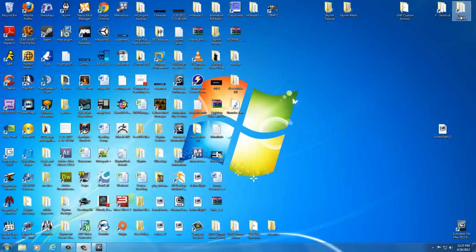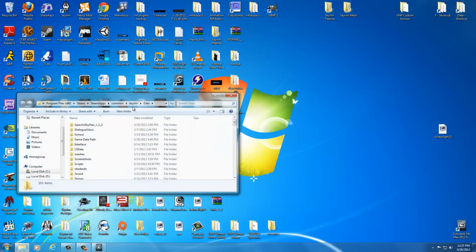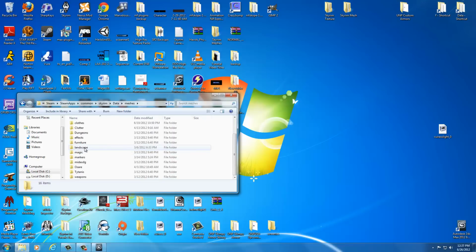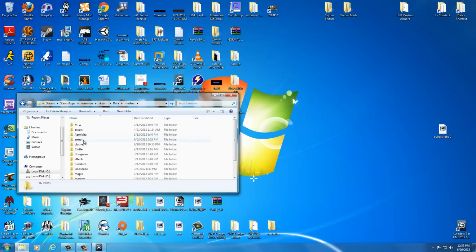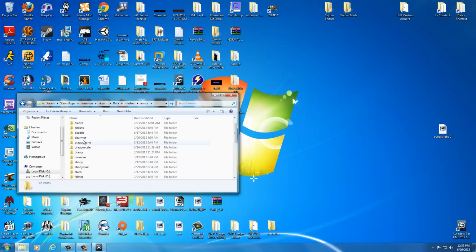So in order to get that set up, the first thing we want to do is, in our data shortcut that we created in a previous tutorial, go ahead and double click that. This is the Skyrim data folder. We're going to double click meshes, then double click armor, and you're going to right click in here and create a folder, and call it Daedric. So I already have mine right here, as you can see on my screen. So just right click, go to new folder, and type in Daedric